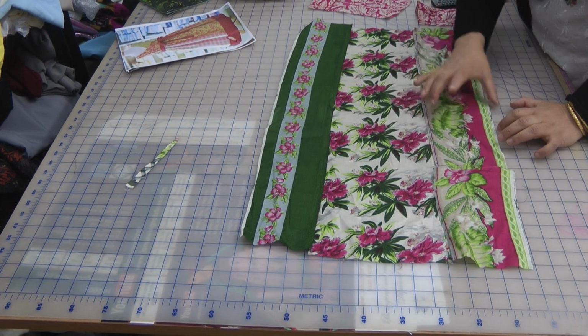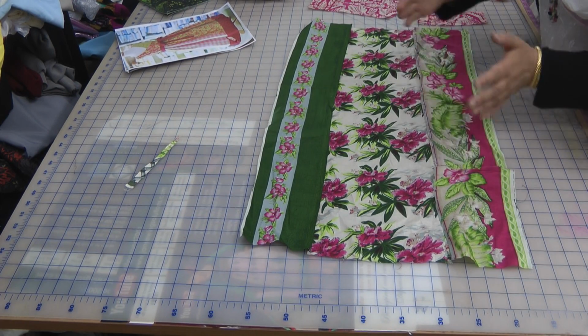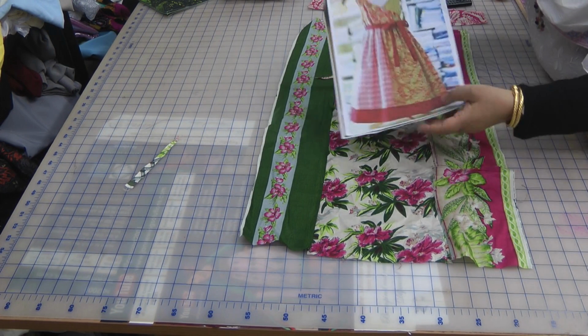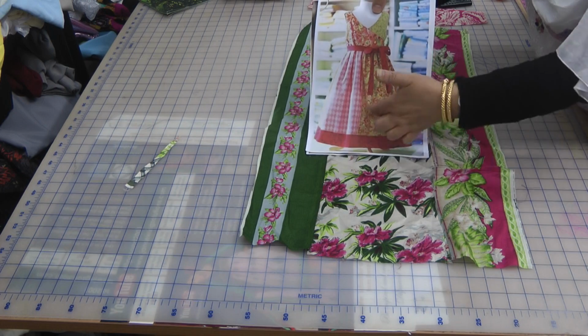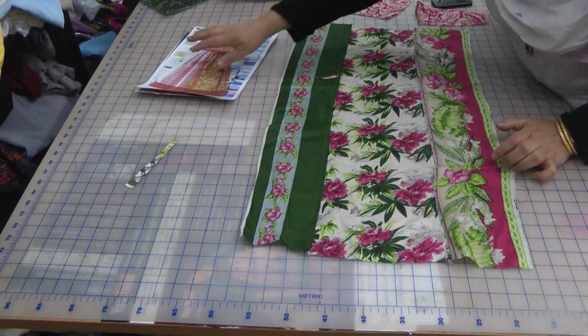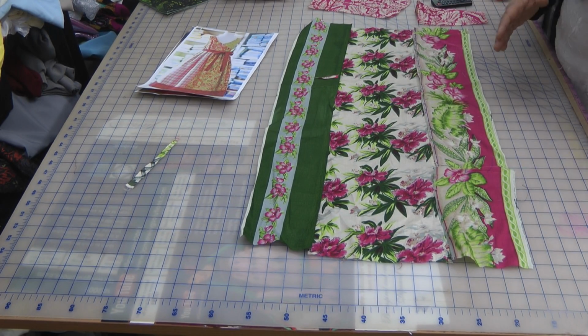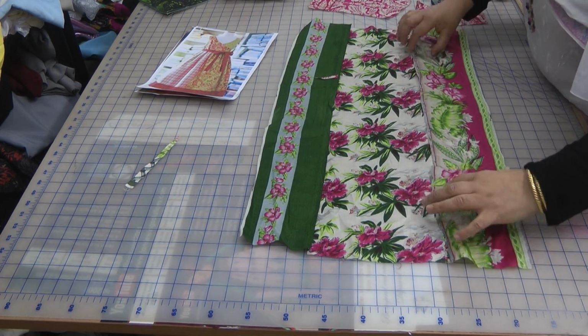So on the one side it has the large floral, on the other side it has the smaller floral. So this is part of the frock, which is this piece of the frock, and then we're going to have the plain of the chicken for that portion of the frock. So it's quite a few different combinations that we're combining, and I'm going to show you the top bit,